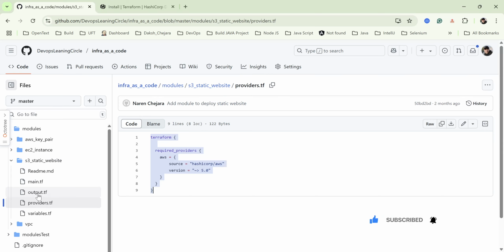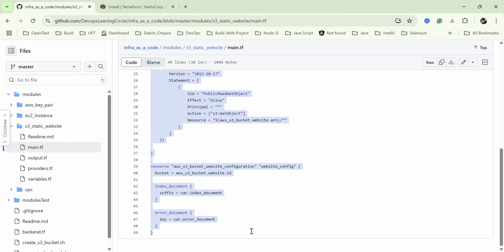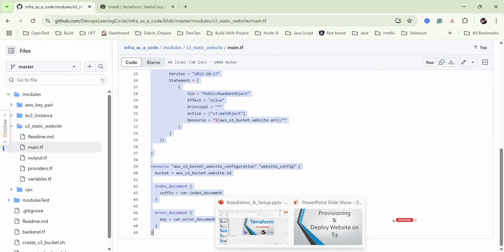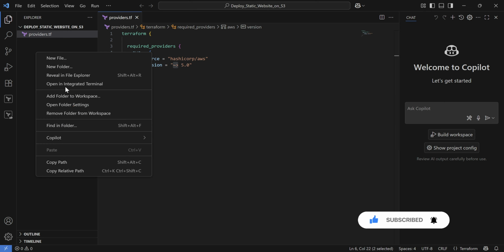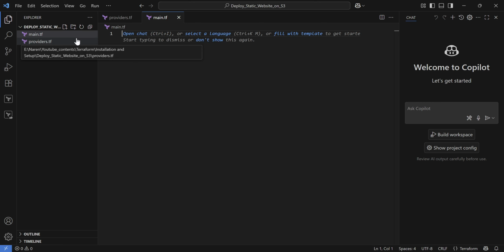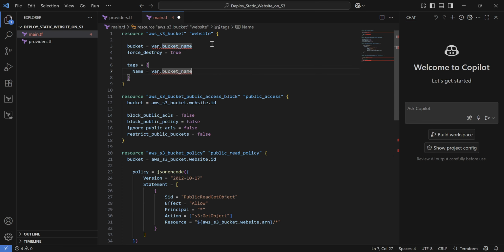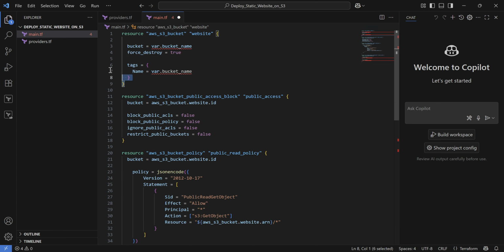In a similar way, go to GitHub, and then we can create a main.tf. Of course we will discuss all the code. Let's copy it here and create a main.tf file and paste the content. Now if you look at this code, of course we will discuss resources and data, whatever the AWS HashiCorp language provides us, in the next video.